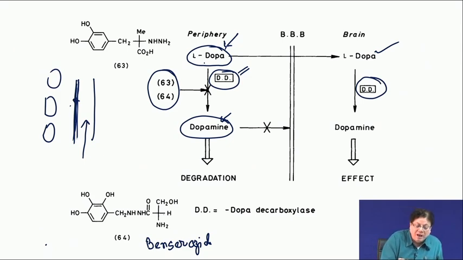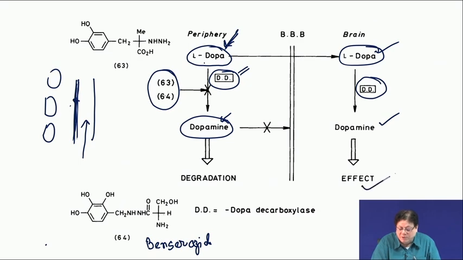So, along with L-DOPA, you add inhibitors of this DOPA decarboxylase, and this does not cross the blood brain barrier. So, it can only inhibit the peripheral L-DOPA decarboxylation. So, you stop this decarboxylation, then most of the L-DOPA will be on this side. The equilibrium is shifted now. So, that will create a high concentration of L-DOPA, and then that will be converted into dopamine, and you get the desired effect.